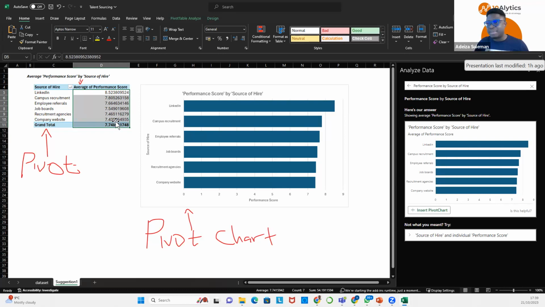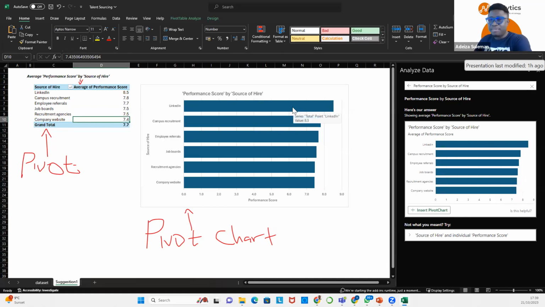So I'm going to reduce the decimal to one place. I select all the numbers, go to decrease decimal, and click on it until I have just a single decimal point. Click, click, click, and then I have 8.5, 7.8, 7.7, 7.5, 7.5, 7.4.